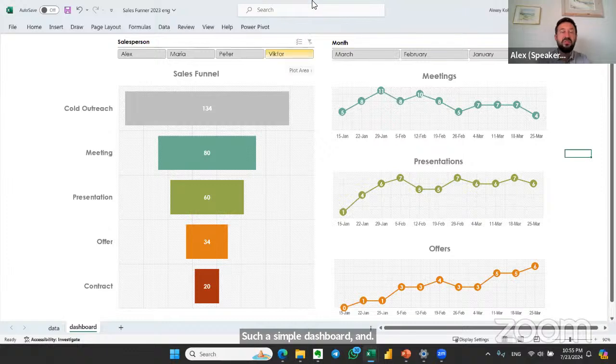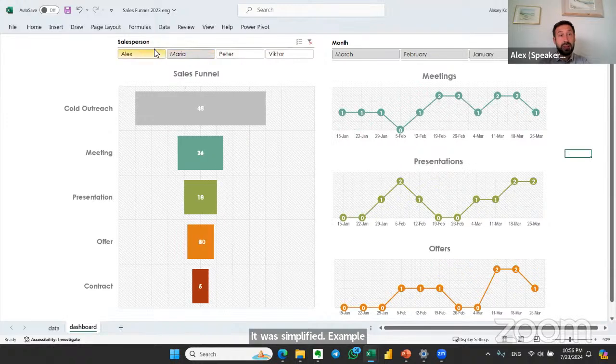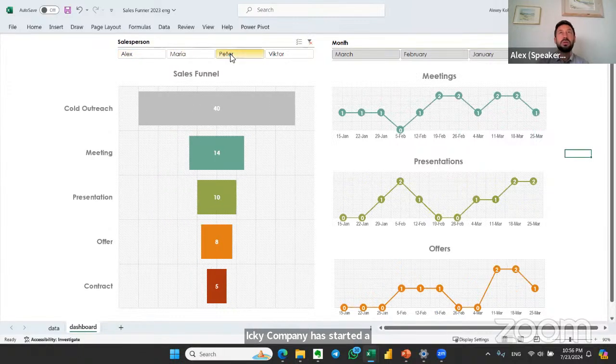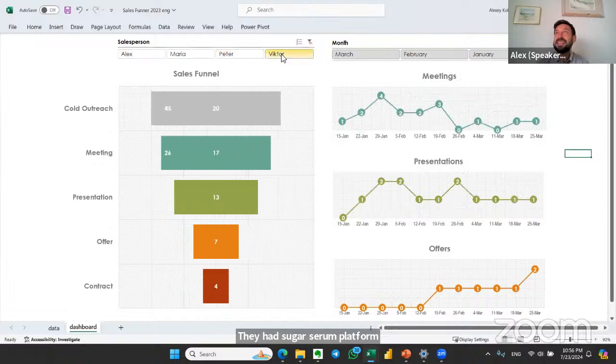It was a simplified example of a sales funnel dashboard. A similar case: an IT company had started a new product. They had a Sugar CRM platform, but they didn't want to wait while their support team set up a new business process and implemented it in the corporate platform.